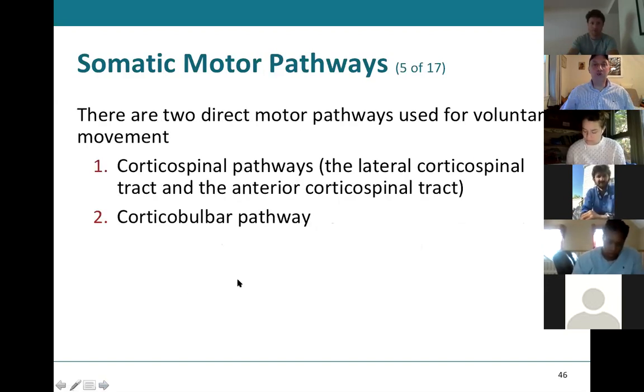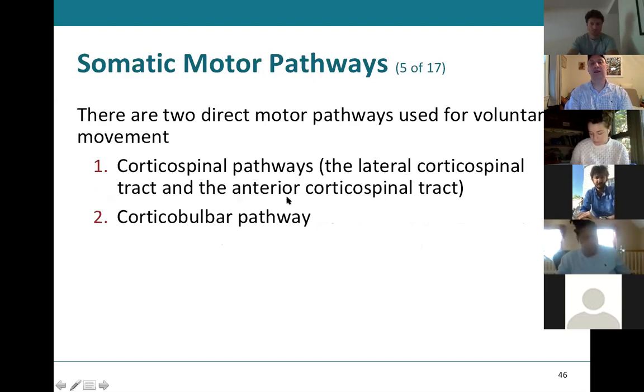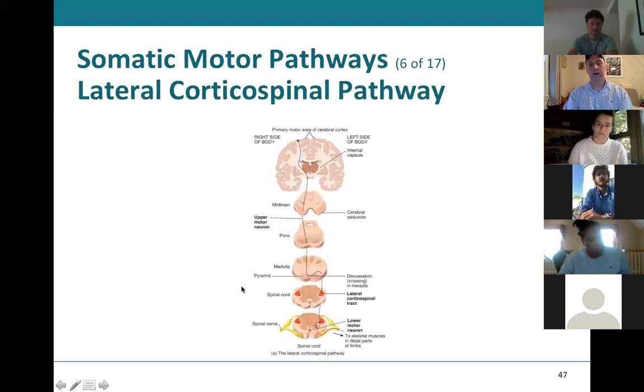So there are two direct motor pathways that you need to be aware of. The first is the corticospinal pathway, so the cortex of the brain to the spinal column, and within that you have a lateral corticospinal tract and an anterior corticospinal tract, as well as a corticobulbar pathway, and we'll see how we use those, okay? And here's that cartoon inside your textbook, and here's our lateral corticospinal pathway. Essentially, notice we don't know what it's doing, but we're telling you it's arising from the primary motor area of the cerebral cortex,